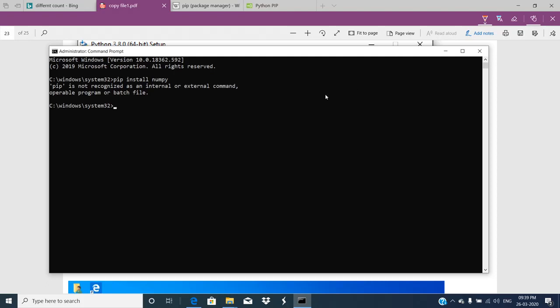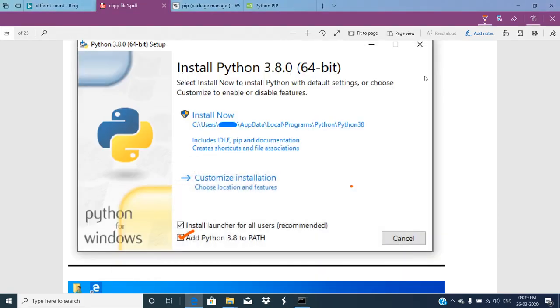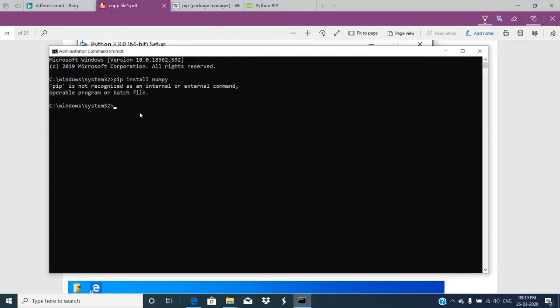The reason is that pip is a predefined command that we are utilizing here, and that's not initialized within this particular root path. So that must be added by using add Python 3.8 to path. I didn't provide this particular path within the installation time. That's why I got this message. So if you didn't select the checkbox at installation time, how will we rectify that, or how will we install that particular pip file within Python? I'm going to tell you